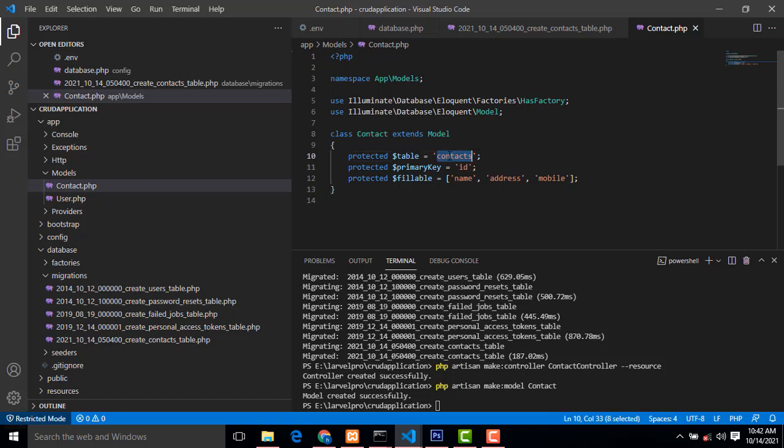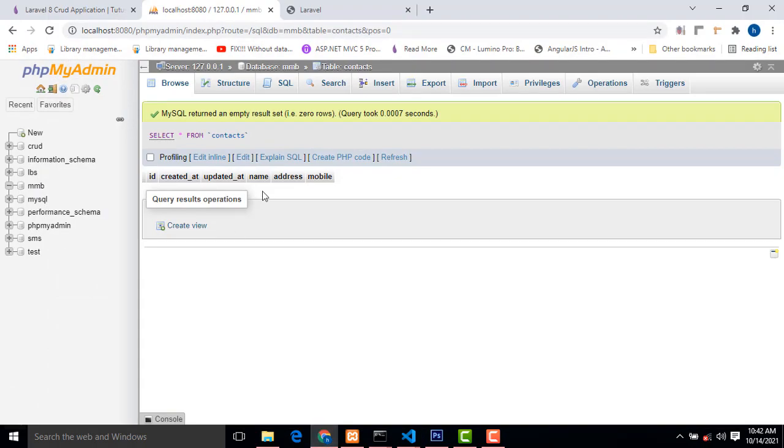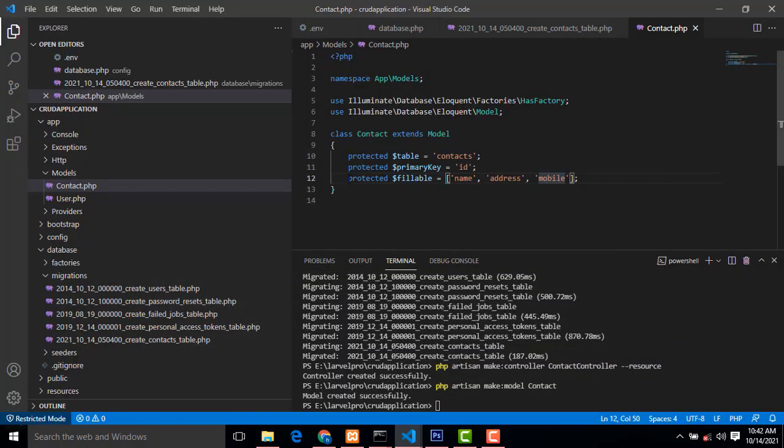The contact primary key ID. Okay, we have used the primary key ID. These are the fields there: name, address, mobile. So you have to check whether it's correct or not. Name, address, mobile. Okay, if there is any problem with a name conflict, it won't work. You have to double check this one. If you provide the database column name in the code, check whether it matches or not. If it does not match, there will be a problem. Okay, you have to match. Right, these are the things you have to use.